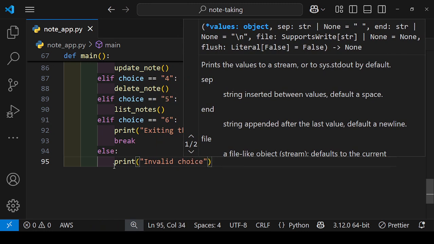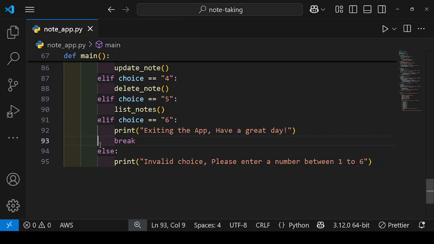Please enter a number between 1 to 6. Okay, then